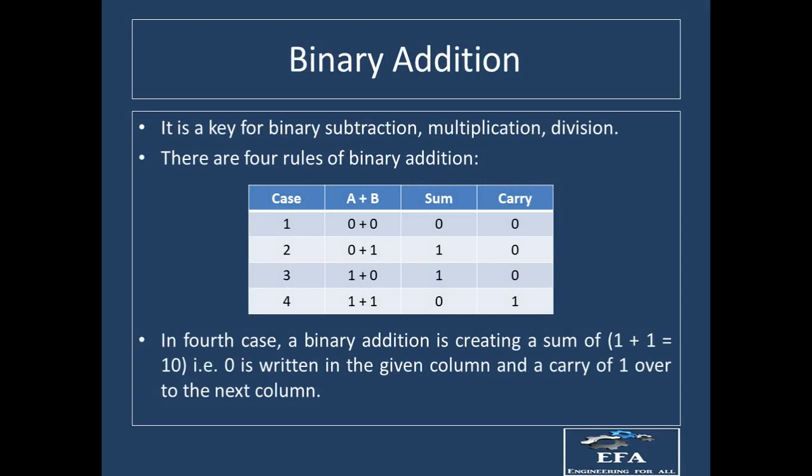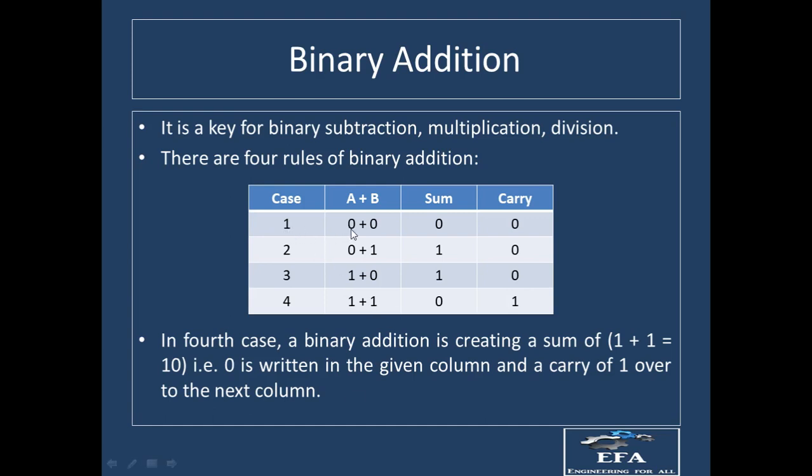So moving on to the first one, that is binary addition. Now this is exactly the same as in decimal addition, but only one case is somewhat different. So we'll discuss all the cases one by one. When you talk about binary addition, it is nothing but the addition between the numbers zeros and ones. So there can be four cases.